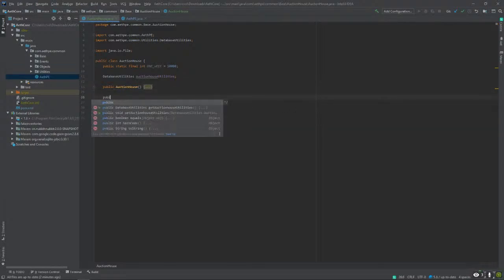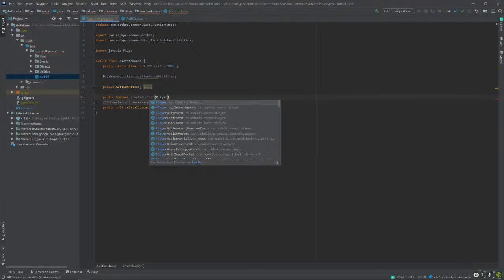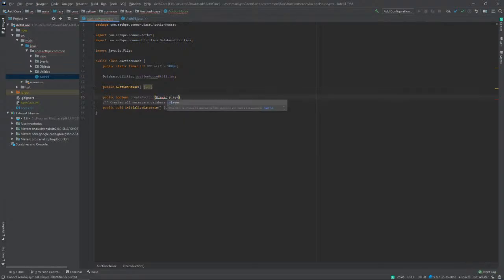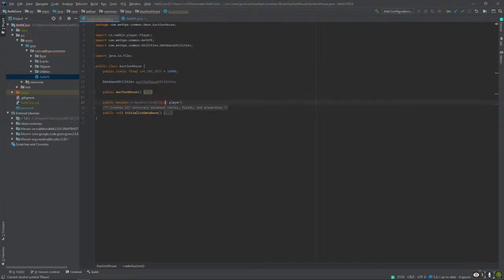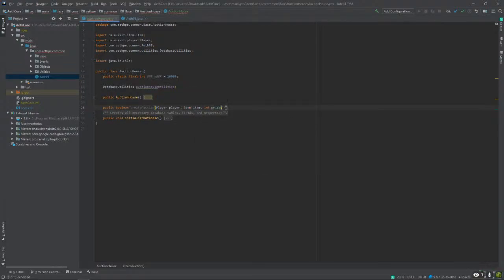So public boolean create auction, player, item and int price. So what this is going to do is insert a new entry into the database.